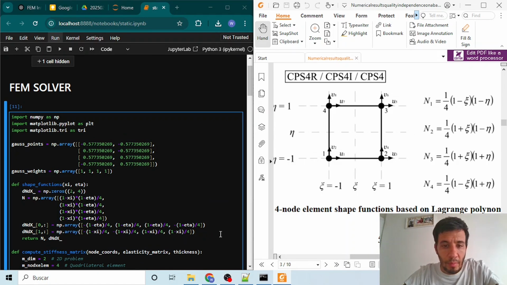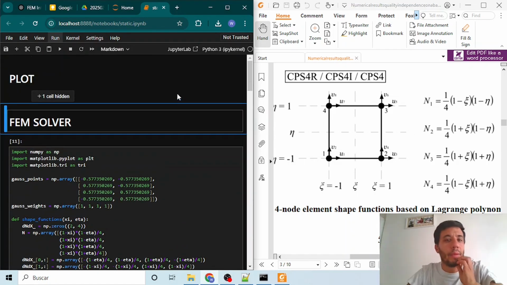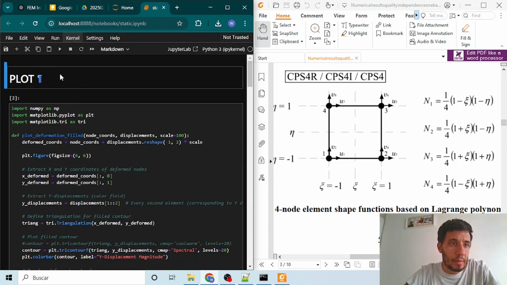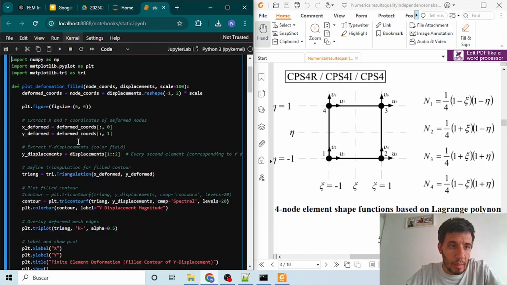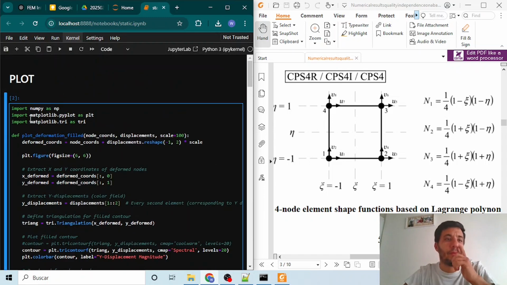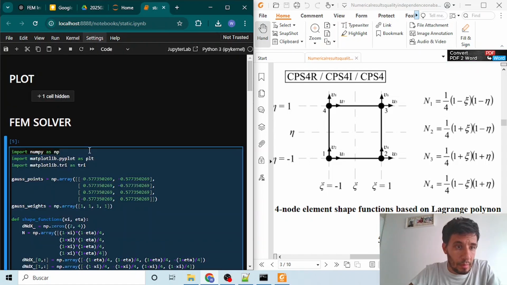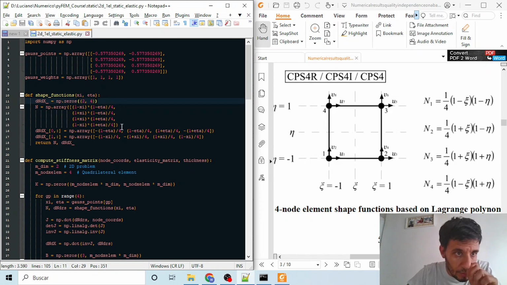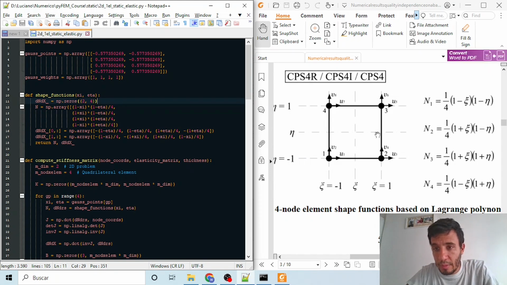Okay, so we will begin with this example. I will use Jupyter Notebook for creating this code. There are two sections. The first one will be used for plotting, and the rest will be defined part by part. The first thing we want to see is the import for elements with shape functions. This is the Greek letter xi, which is the horizontal internal coordinate of this parametric element.